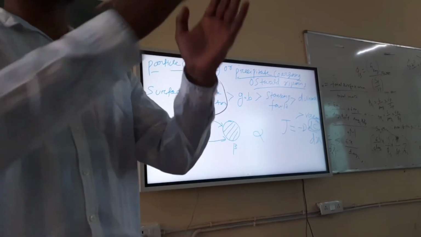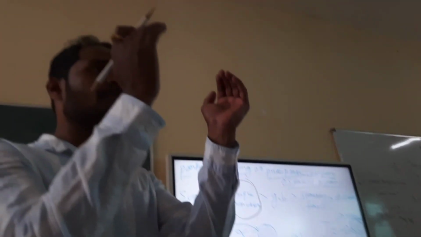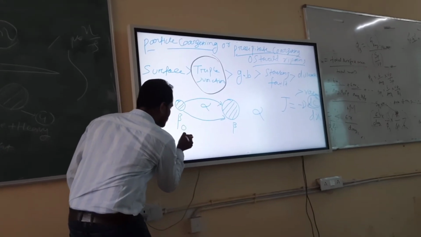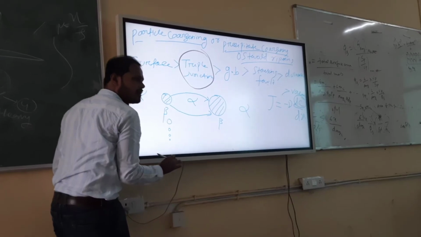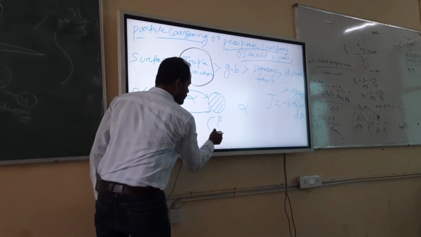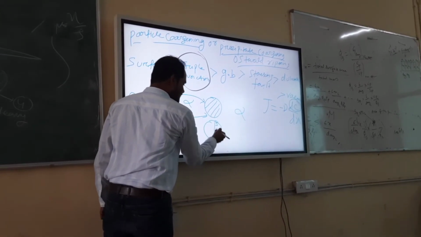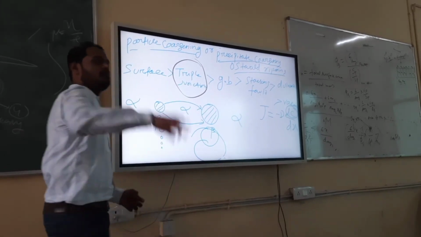So what will happen? If atoms move from small to big, the small precipitate will be reduced in size slowly with time. So this will become like this, and finally it will disintegrate at the end. And this will become bigger. Okay, I have no space here. You can understand. It becomes bigger, and bigger.